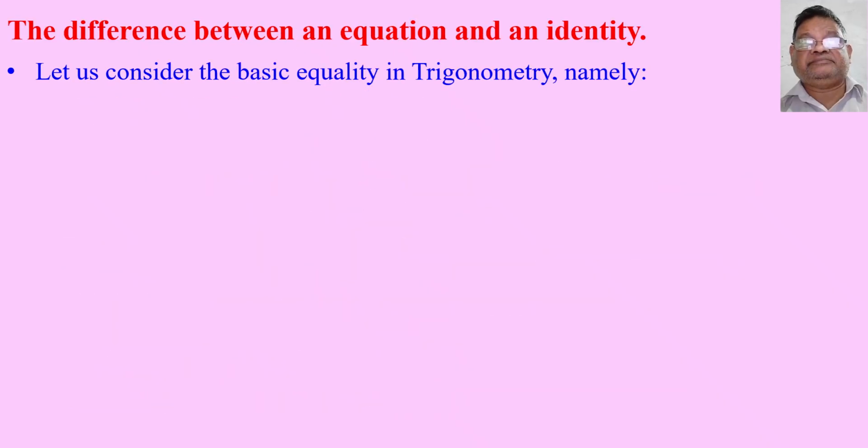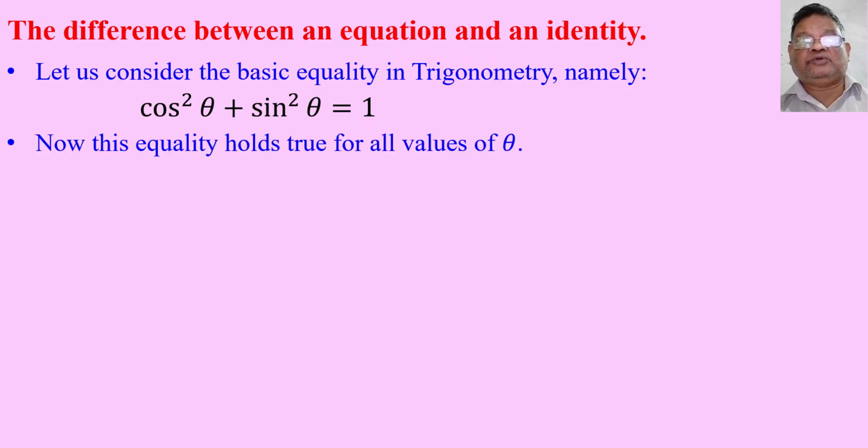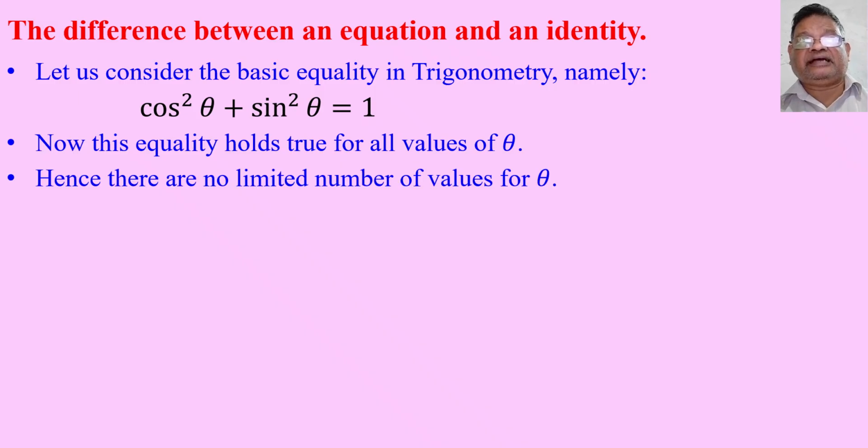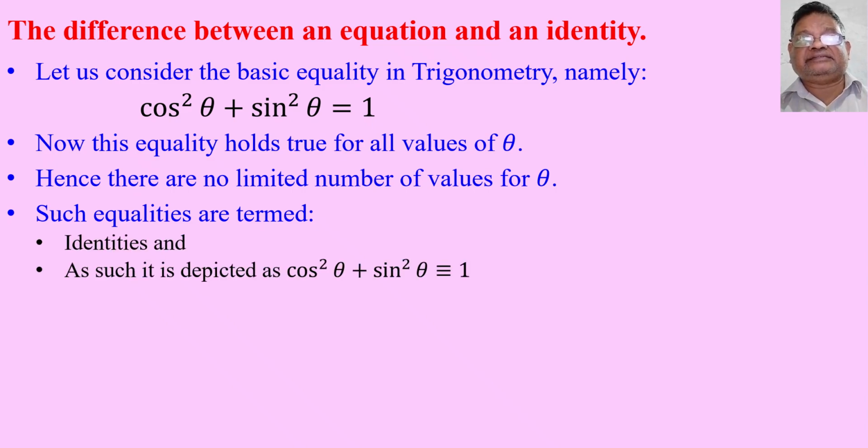Let us consider the basic equality in trigonometry, namely cos squared theta plus sin squared theta equals 1. Now this equality holds true for all values of theta. Hence there are no limited number of values for theta. Such equalities are termed identities, and as such it is depicted as cos squared theta plus sin squared theta is